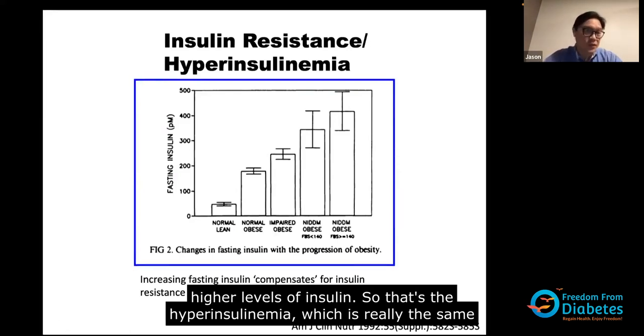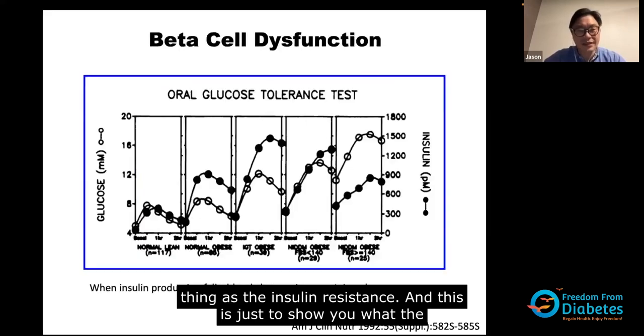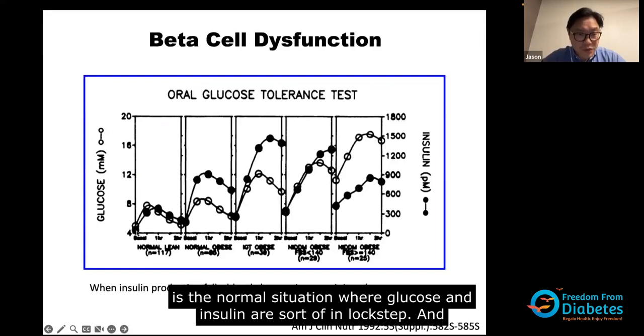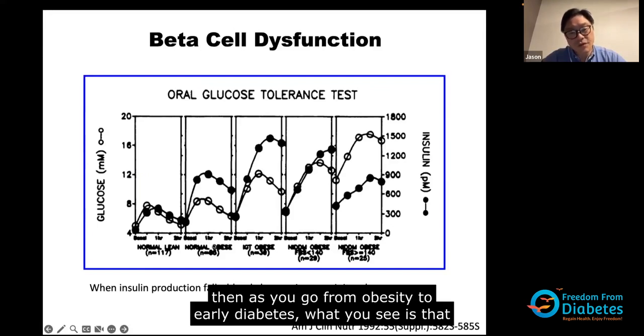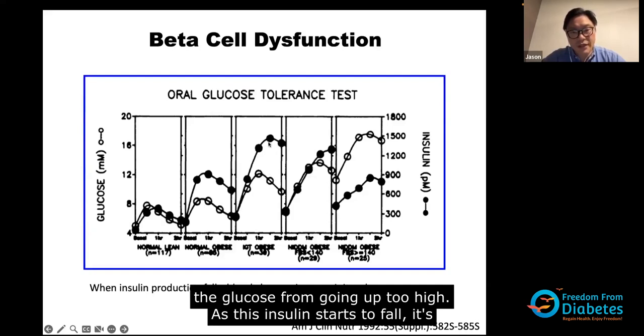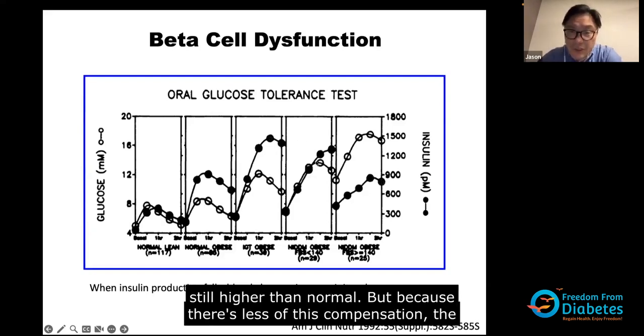So that's the hyperinsulinemia, which is really the same thing as the insulin resistance. And this is just to show you what the insulin levels do as you progress along that continuum. That is, this is the normal situation where glucose and insulin are in lockstep. And then as you go from obesity to early diabetes, what you see is that there's a very high rise in insulin in these dark circles. And that's what keeps the glucose from going up too high. As this insulin starts to fall, it's still higher than normal, but because there's less of this compensation, the glucose